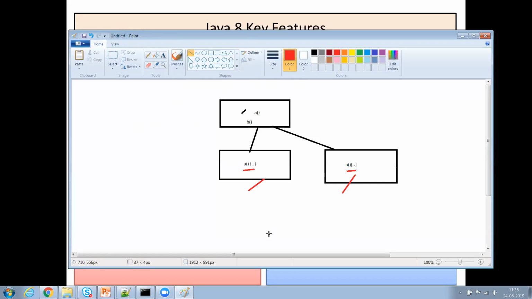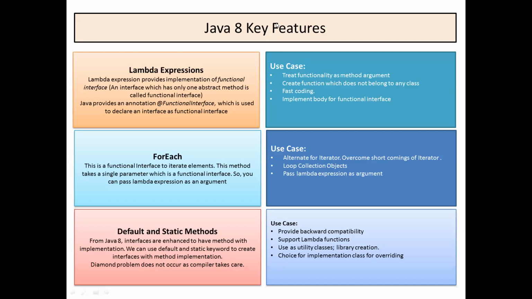So this is a very simple case, but usually in production we will have interfaces which are exposed to multiple classes. There could be hundreds of classes implementing an interface, and the impact could be huge if I have to go and update all the inherited classes to override this method. That problem is actually solved in Java 8.